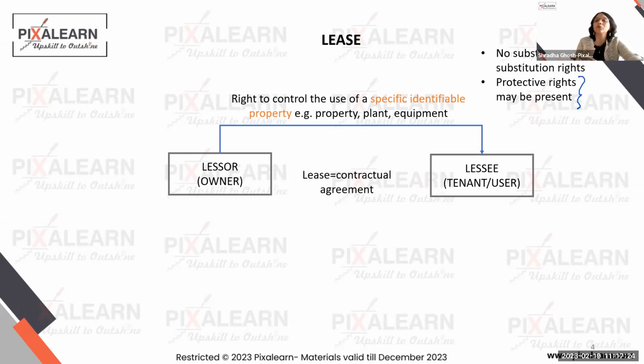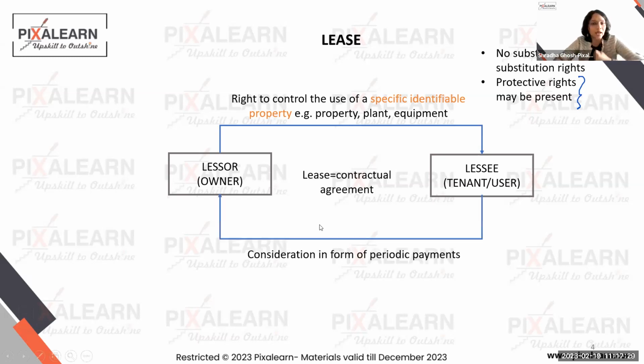How would you be able to classify the leases? So one party gives the other party the right to use his asset. That right cannot be for an asset which can be easily replaced. It has to be for a specific identifiable asset. Typically think about high value, low quantity items, specific items. And in lieu of it, Anirban will have to pay a fixed dollar or rupee amount to Tesla at every periodic interval. All of this is stated very nicely in the contract, which is arrived at between the two parties, the lessor and the lessee.